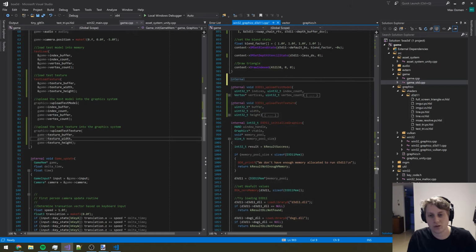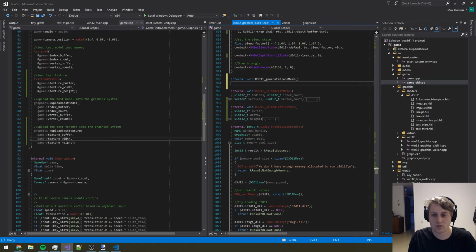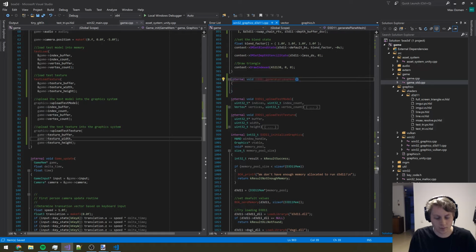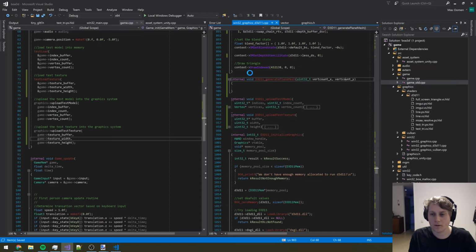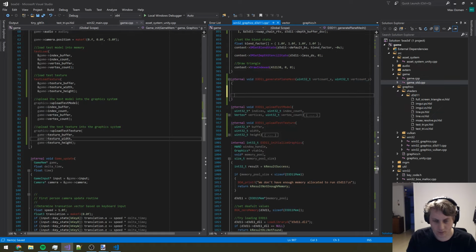So let's add a new function, internal void D3D11 generate plane mesh. Cool. And we'll give it a number of vertices along the x-axis, and vert count y. And what we'll do for this plane,